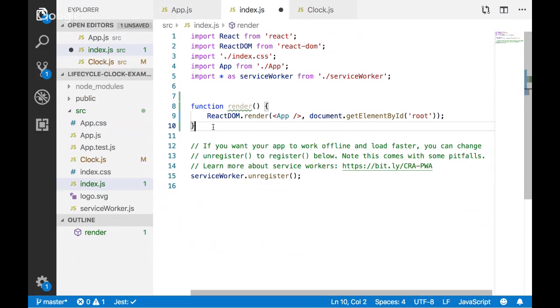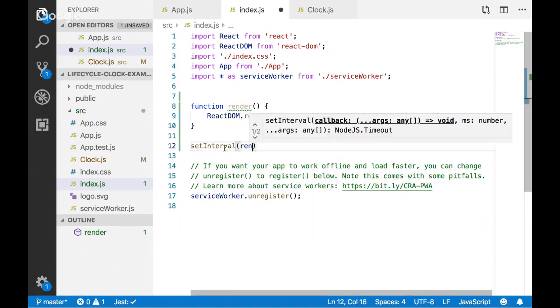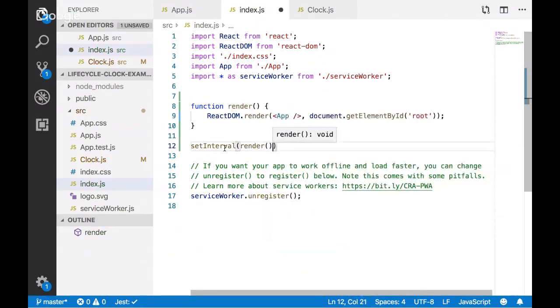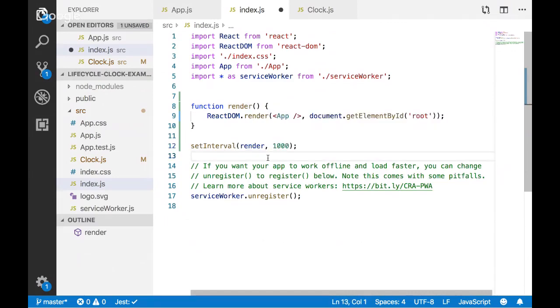That was so that this could get called when something changed. So I'm going to do that same thing again, where we'll do a set interval. And what we're going to call is render. Oops, I don't need to invoke it right then. That's something that will trip you up. It still trips me up. You just saw me do that, right?